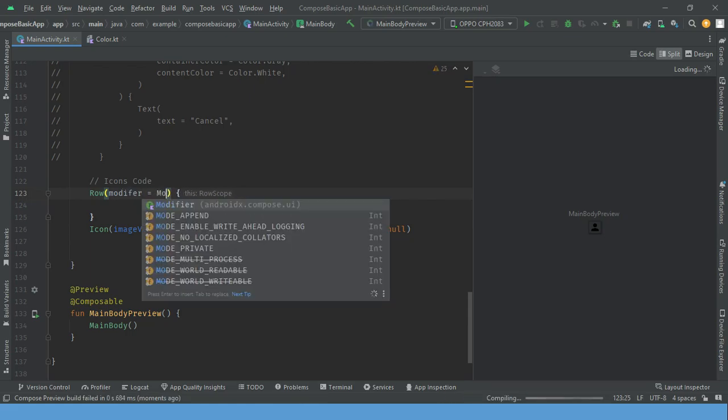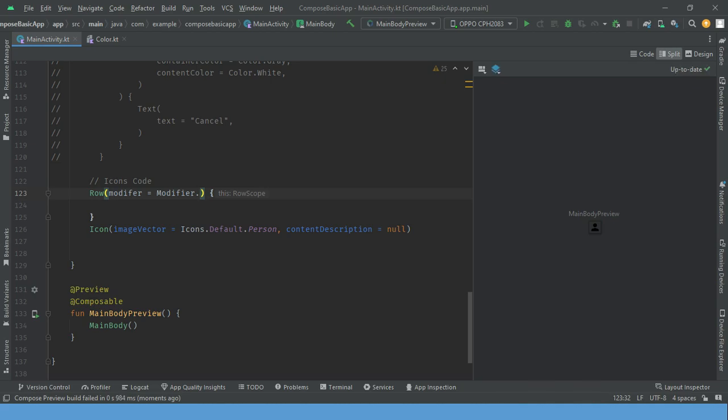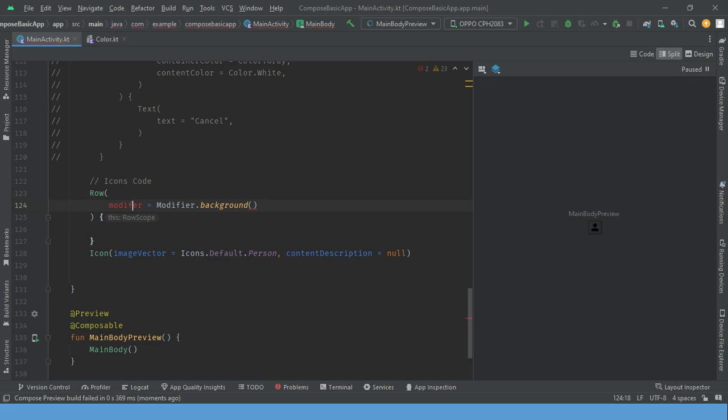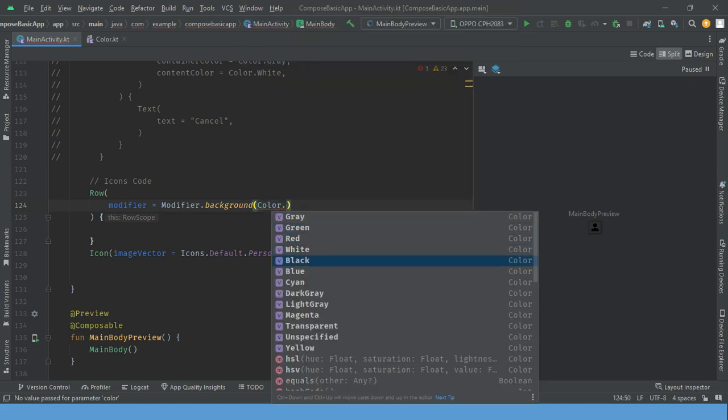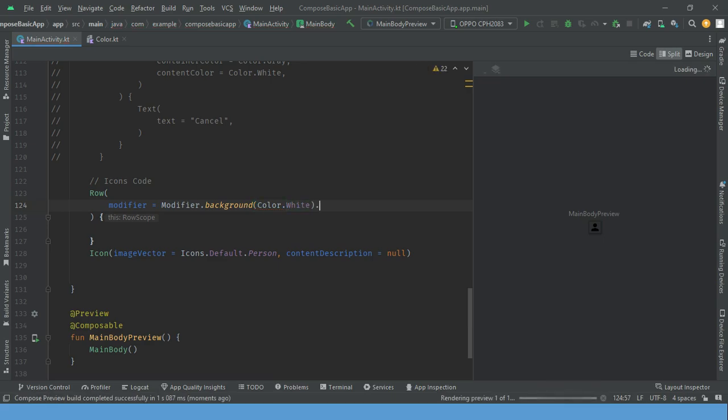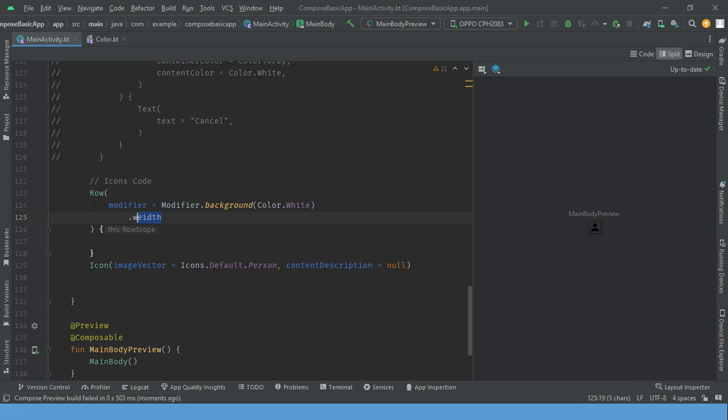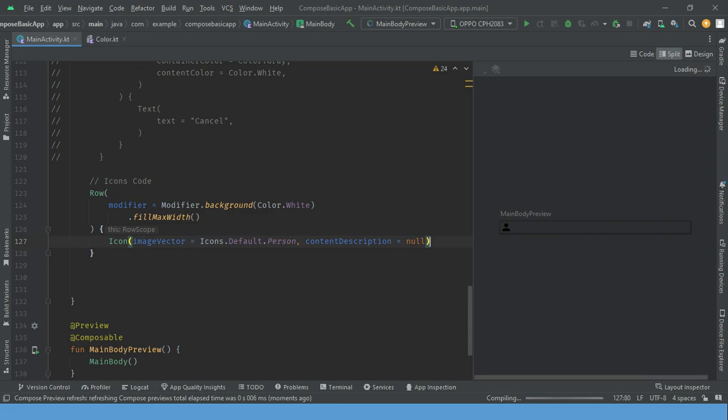I'm making the background color of the row to white, and make it fill max width, so it will occupy all the available space horizontally. So now put this into the row. Okay, so